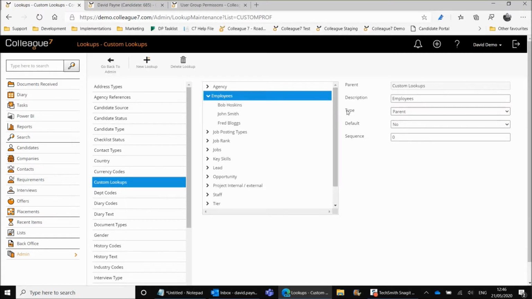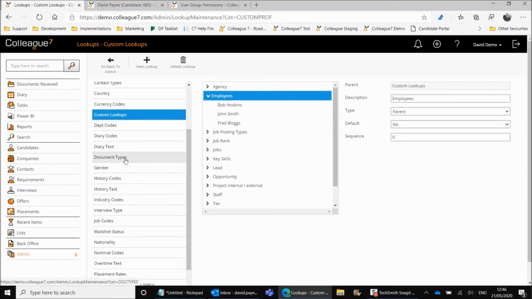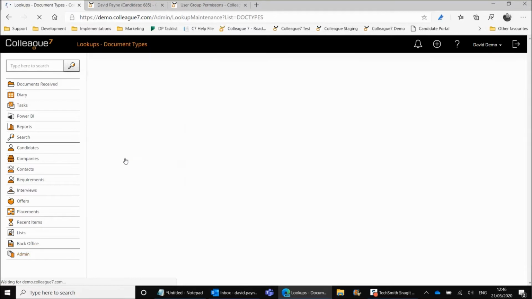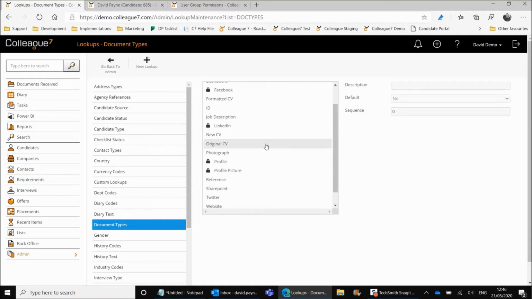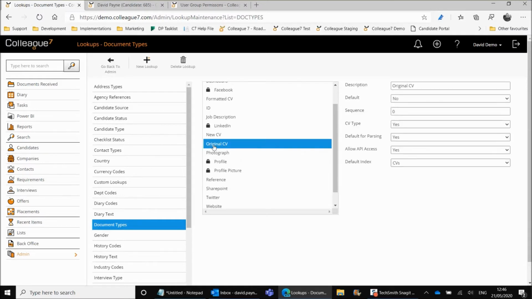So in here, you create your custom field lists for use. Moving on to document types to list out the different additions that are there. With document types, there are some extras to take into account. The first one being that you've got a CV type. So you have the same three main values to begin with, but then you've got CV type,